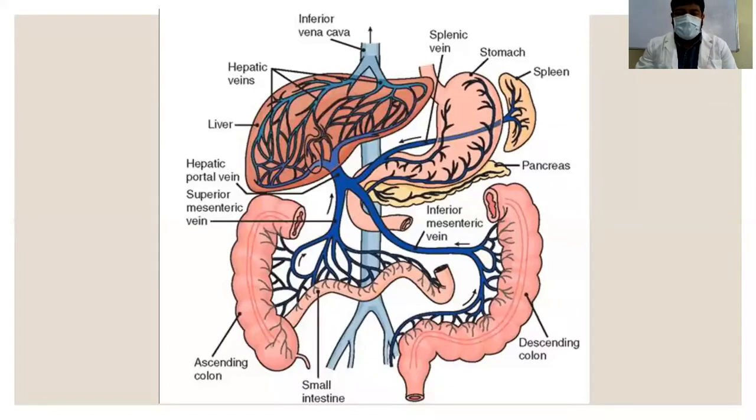So portal circulation is not like the general circulation. The deoxygenated blood is not directly going back to the heart. It is passing through the liver. For example, if we have consumed a meal, the blood is rich in glucose, and excessive glucose is bad for the body. So any excessive glucose is converted into glycogen and stored in the liver,